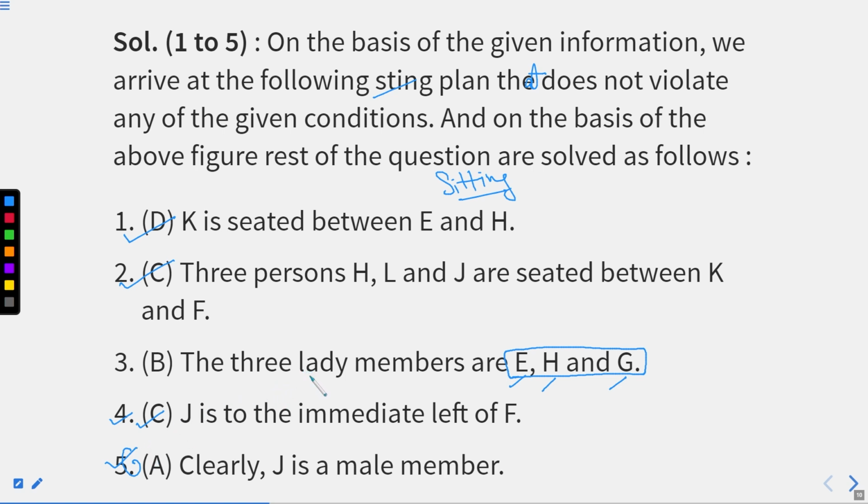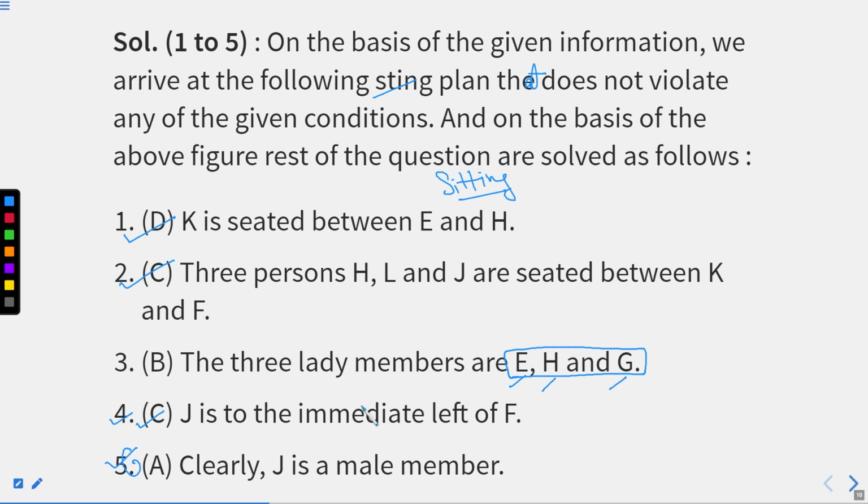Why am I taking too much time for the first 5 questions? Because as soon as you understand the process, you are able to solve the questions quicker, right? So the process is to read the given instructions carefully, then make a diagram on the basis of the instructions and arrange the persons in the particular order that is asked in the question. Now start answering all the questions with the help of the diagram that you have made. As soon as you are able to make the correct diagram, you are able to answer all questions correctly. And if you make any mistake there, then you are not able to answer the questions correctly, right?